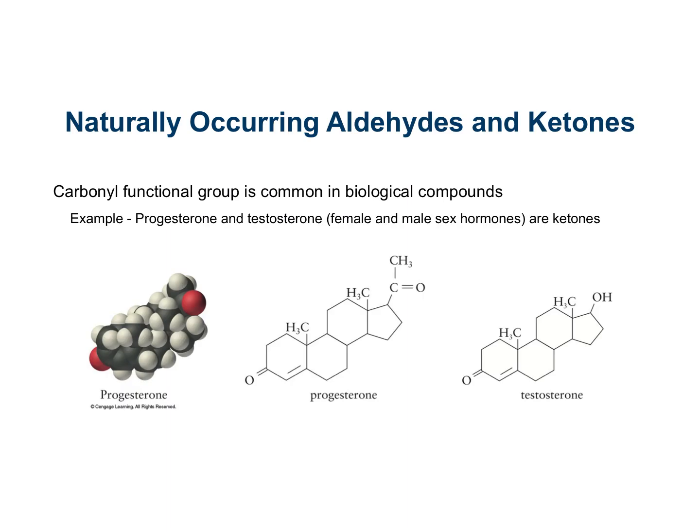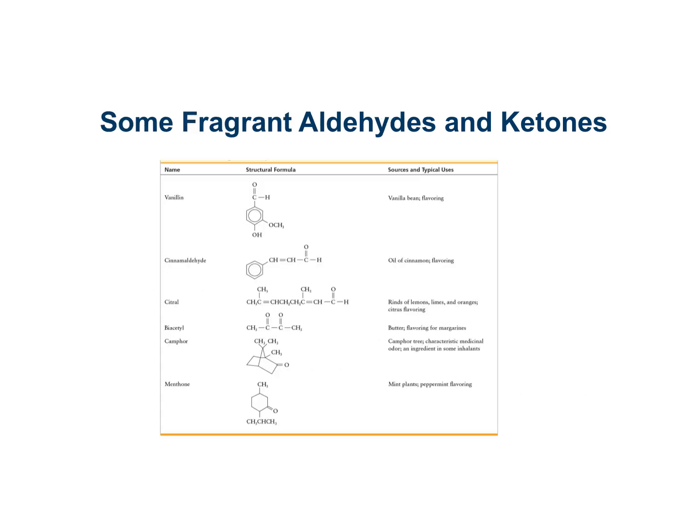There are many naturally occurring aldehydes and ketones. A really great example of some of these is hormones that are found in the body. So, for example, you've got progesterone, which has a functional group here, that is the carbonyl group, as well as a carbonyl group here. So this has a ketone, and testosterone also contains a ketone here. So these are female and male sex hormones, and they're found in nature,